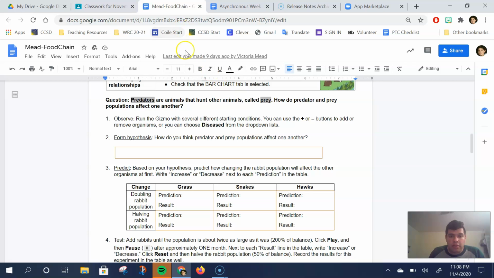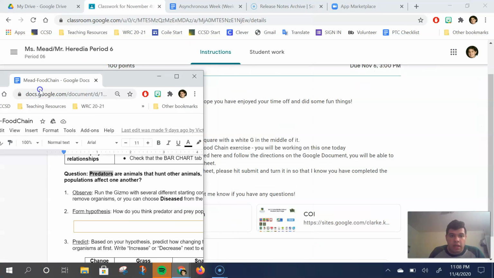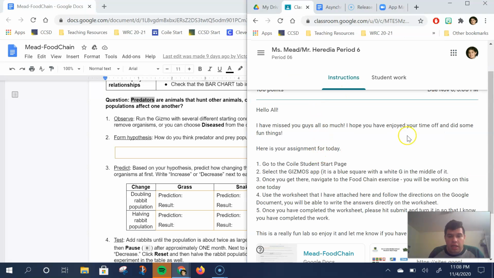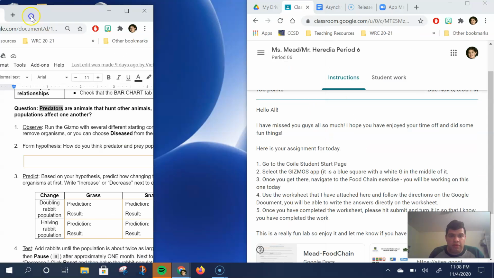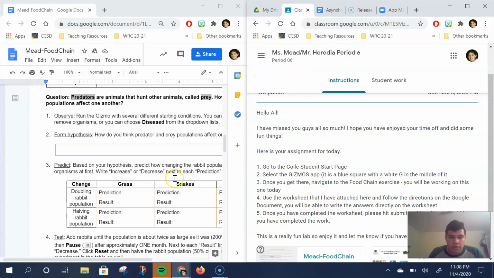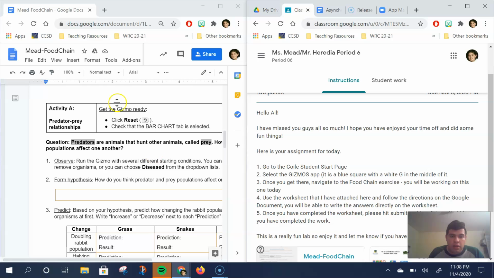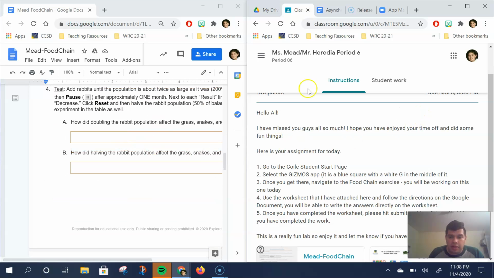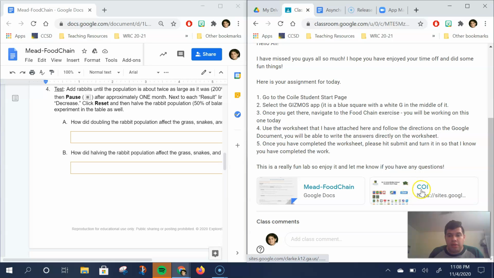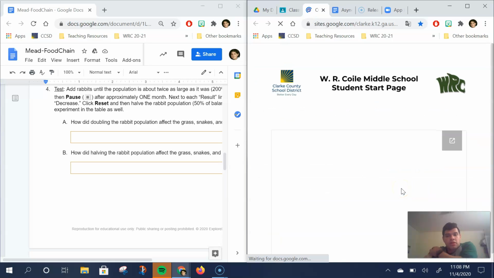I would recommend using split screen. You could have one tab on one side and your gizmo on the other. Let me fix that. And there we go. So you can have your document on one side and the gizmo on the other. Miss Mead provided the start page, that way you can get to the gizmo. So if you go to the start page,